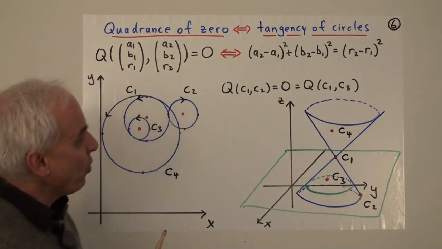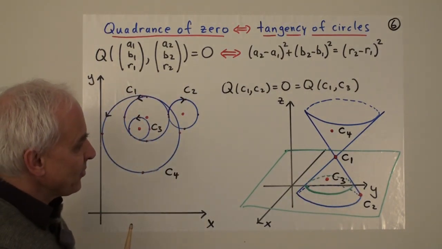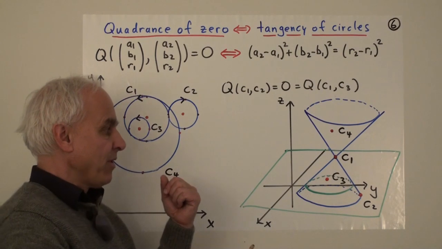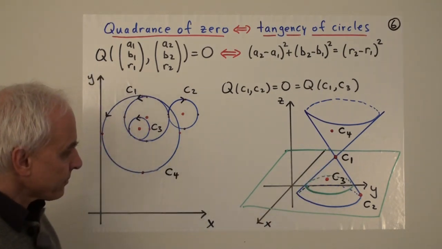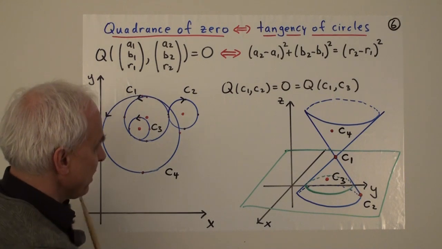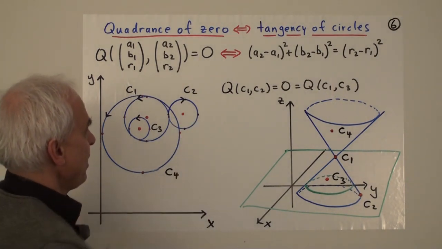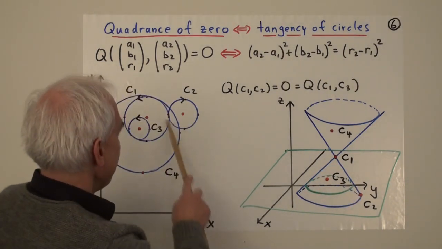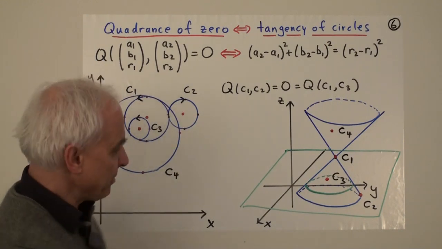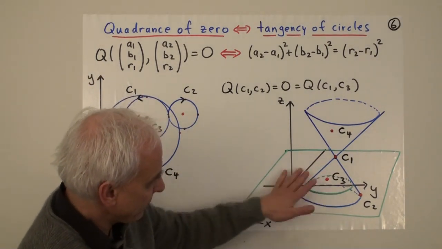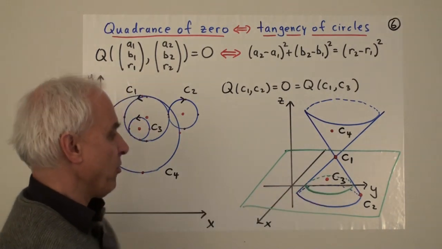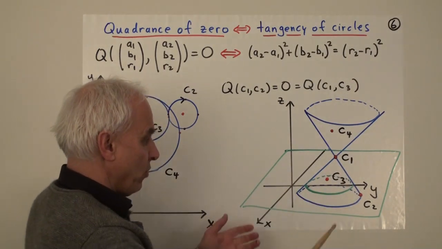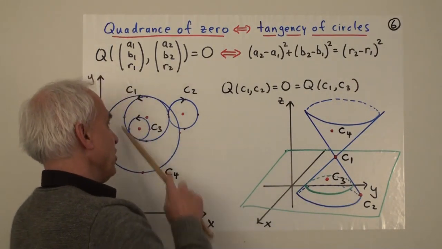All right. And this cone consists of those points that correspond to circles which are tangent to C1. So in this particular example, C2 over here, there's C1 and C2 is down here, I guess. So it has a negative radius because it's going the opposite direction there, so it's actually below the equatorial z equals 0 plane. There it is down there. But it's still on this cone. All right, the cone represents all the sine circles which are tangent to this one.